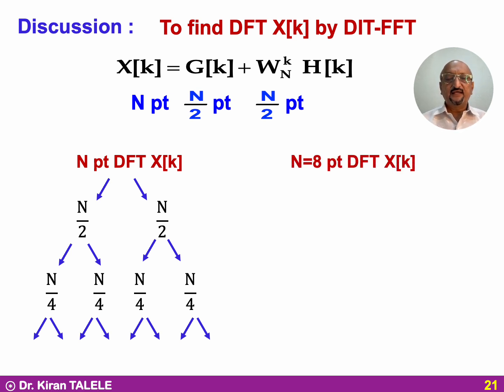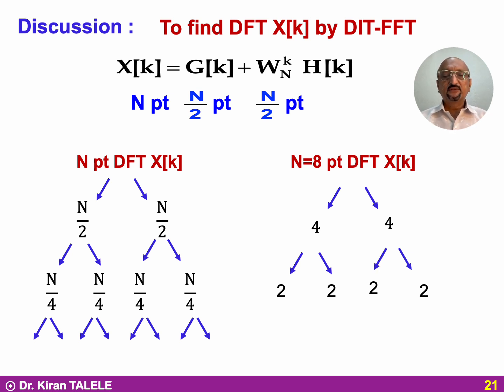For example, when N is 8, we decompose into 4-point. 4-point DFT decomposes into 2-point. 2-point DFT cannot be decomposed further because 2 is an